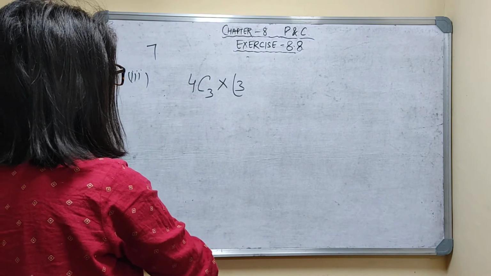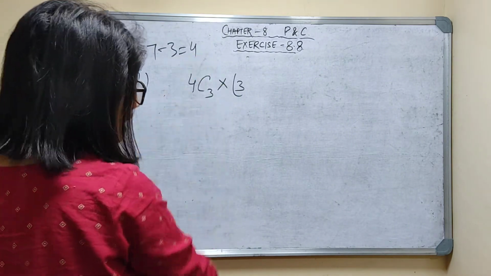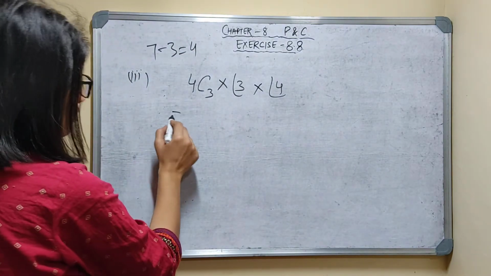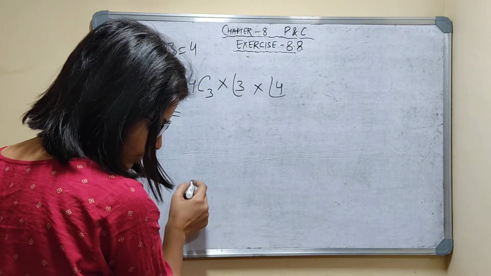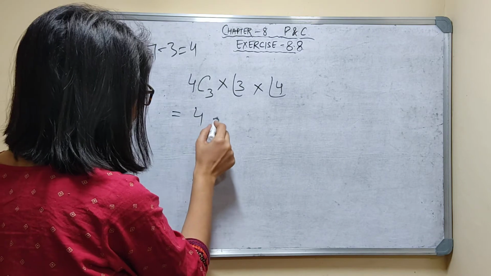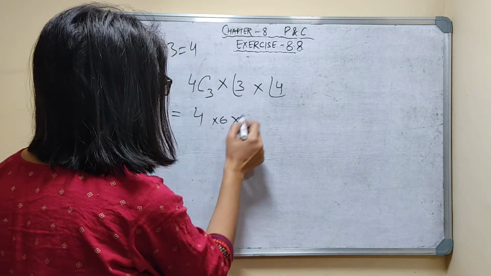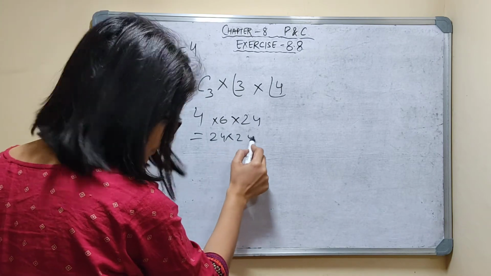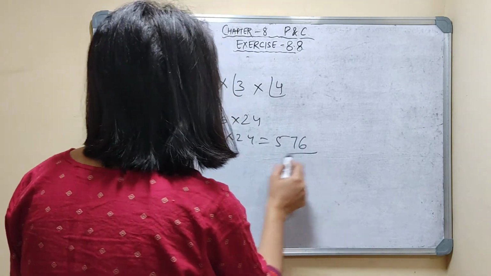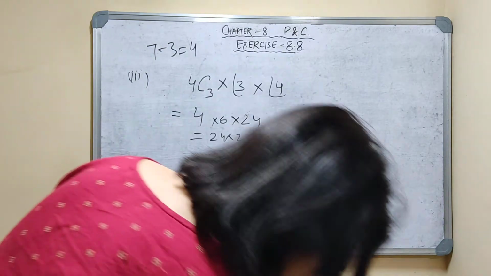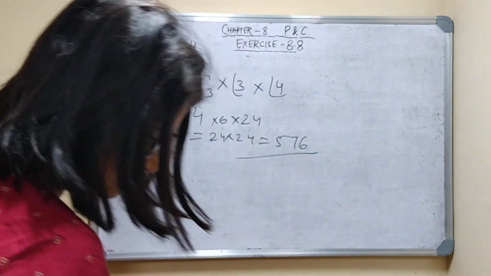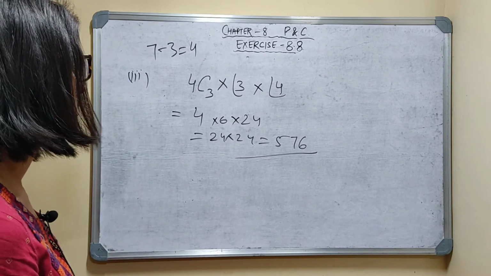Total 7 seats are there, minus 3 are gone. So how many are left? 4. That can rearrange themselves in factorial 4 ways. 4C3 into factorial 3 into factorial 4. 4C3 you will find, that is 4. Factorial 3 is 3 into 2, that is 6, and 4 threes are 12, 12 twos are 24. 24 into 24. The answer is 576 ways when 3 people X, Y and Z must sit on the side facing the window. Thank you.